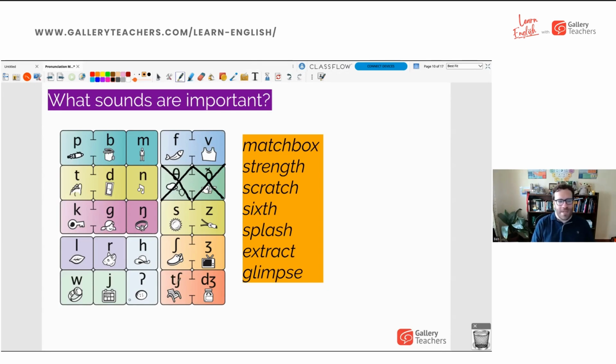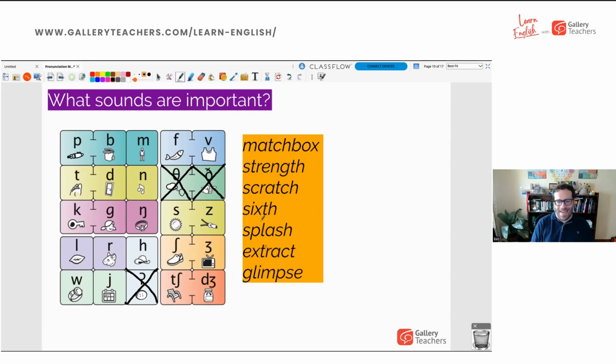You also don't need to worry about the glottal stop because it's not something that you will need to say. It's not part of normal words, okay? Normal pronunciation. And then we're left with sounds that more or less you have in your own language. So consonant sounds aren't really a problem, except